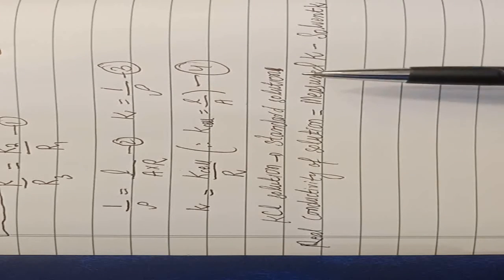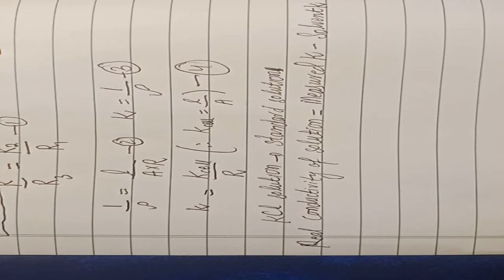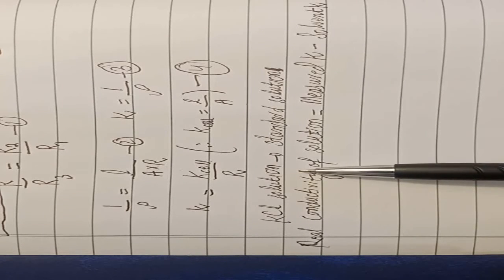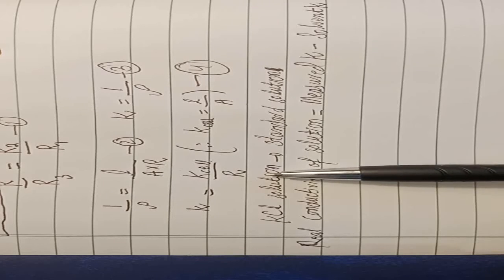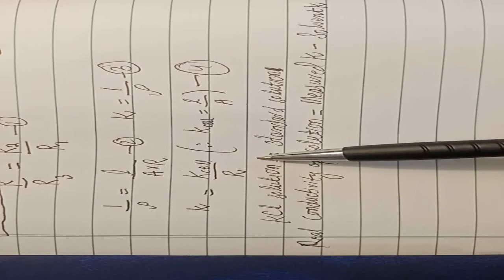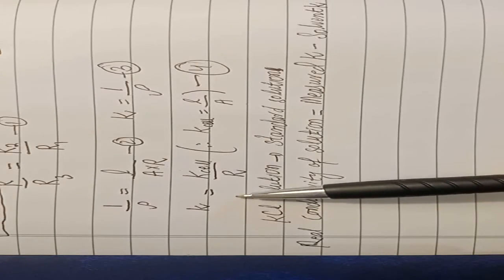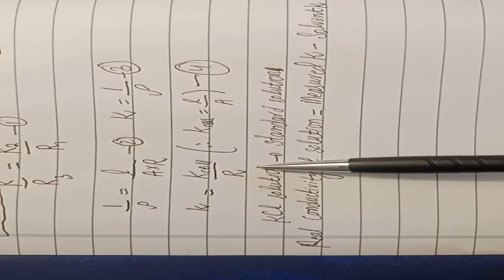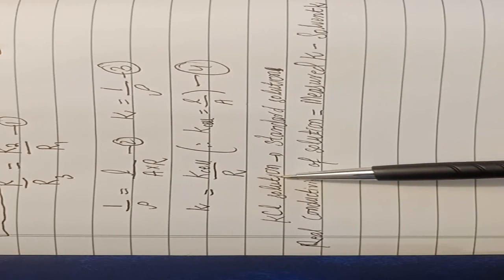So equation 4 is applicable for the measurement of conductivity of electrolyte solutions, and we can see that the concentration term is not given here, which shows that the conductivity measured using this equation will vary with variation of the concentration. For example, the conductivity of a 0.1 molar solution, like copper sulfate, will be higher as compared to 0.01 molar of that same solution.